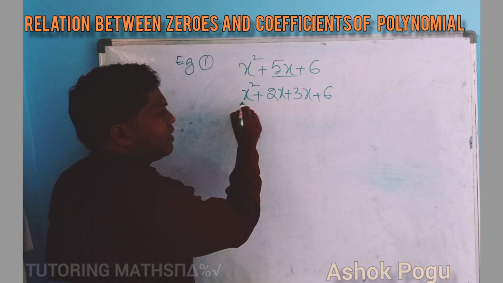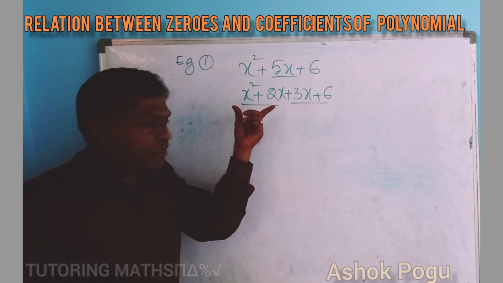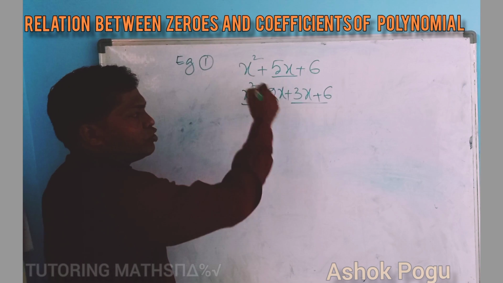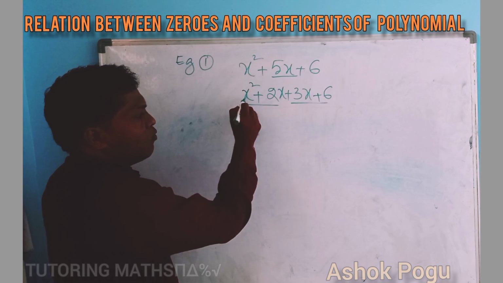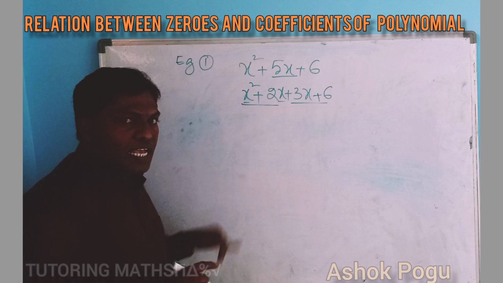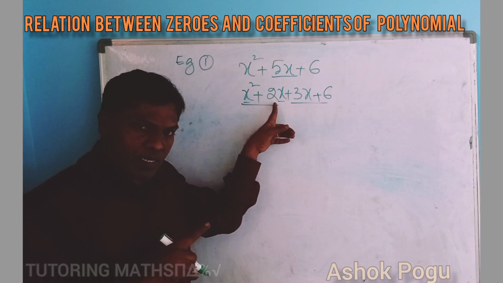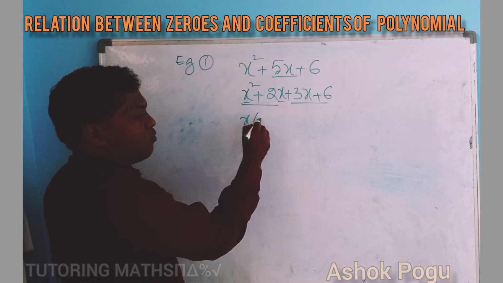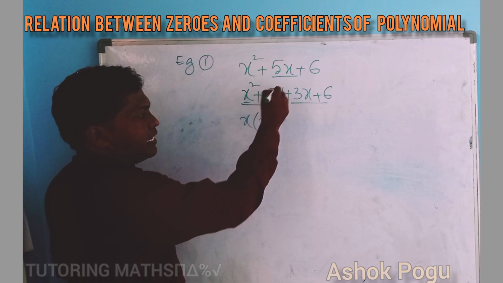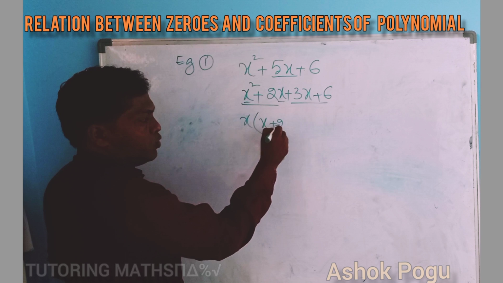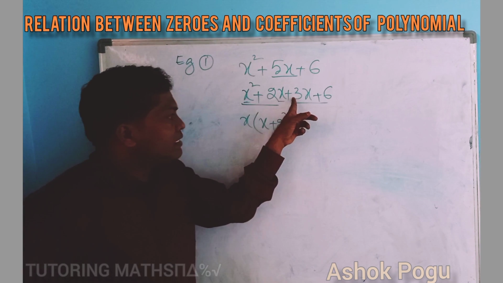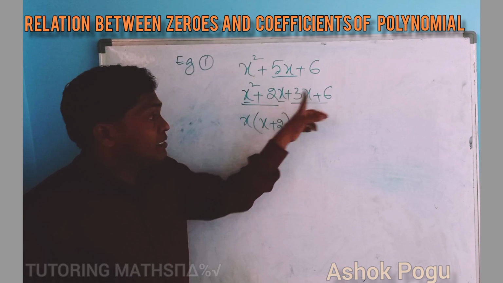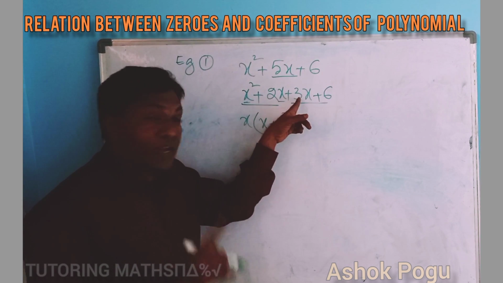You know that we have already discussed this type of concept in graph model problems. So here, first group and second group. In the first group, what is the common term? Is a constant common or a variable common? Here the x variable is common: x is taken out, 1x is left with 2. And now here 3 is a common factor for 3 and 6, because 3 and 6 are both multiples of the number 3.